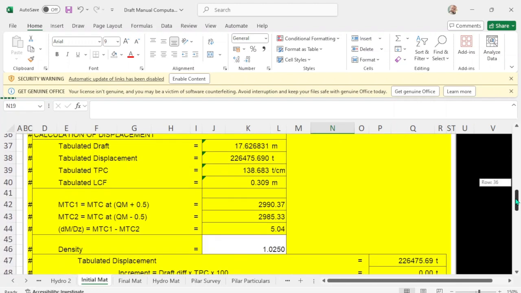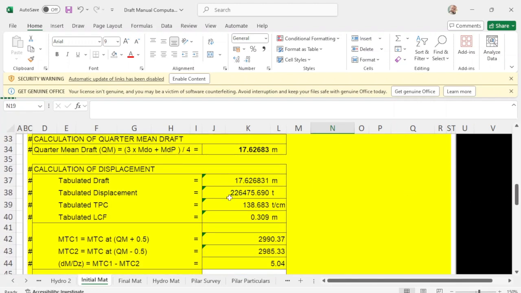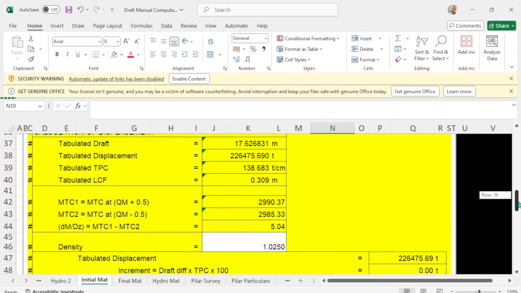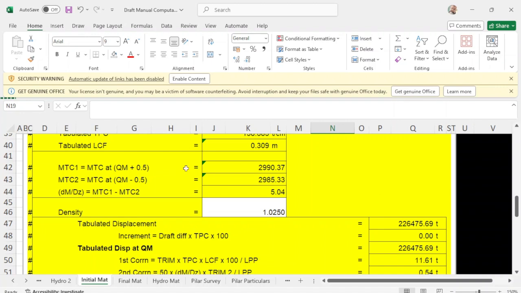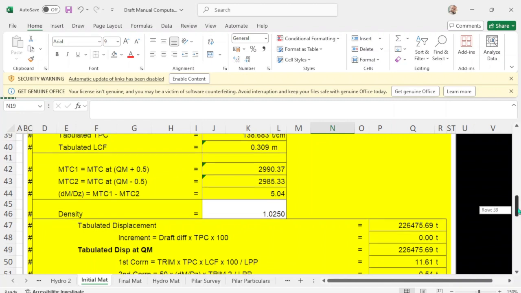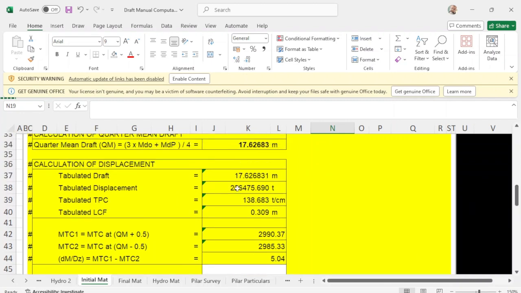Okay. So from your quarter mean draft, you take out the displacement, take out the TPC and LCF. And here, look at this, guys. These are all automatic. The program itself will take the TPC, the LCF and the value of the MTC.